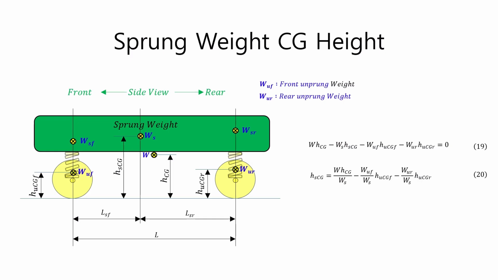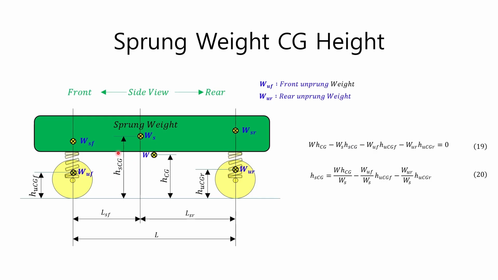From the side view of the vehicle, we can find the height of the sprung center of gravity. We can establish an equilibrium equation for the moments generated by each weight with respect to the horizontal line that meets the tire. Since the moment WHCG generated by the total vehicle weight must be equal to the sum of the moment generated by the sprung mass,